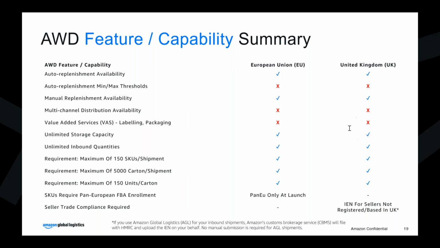So for AWD EU, can we ship to UK AWD as a domestic shipment? You want to send from AWD EU to UK AWD? Is this correct? This won't be possible. This would be basically AWD restocking itself. We don't do this at the moment. You can send in from EU to AWD. You can send in from UK to AWD. So you can create domestic shipments, but not in between the different AWD facilities.